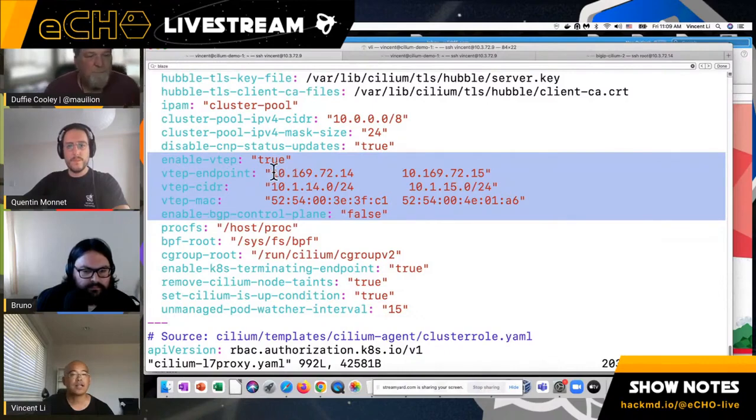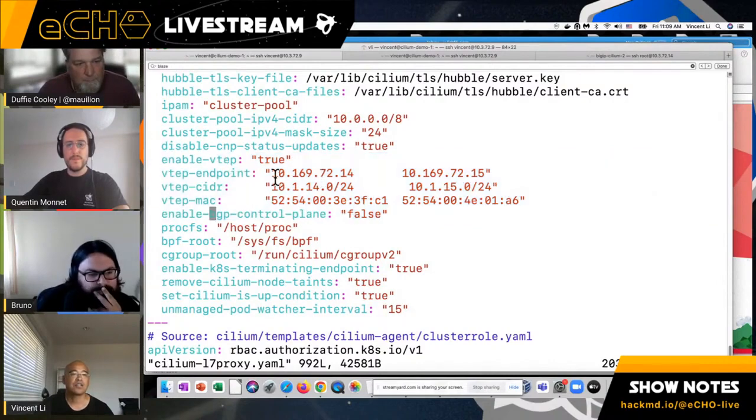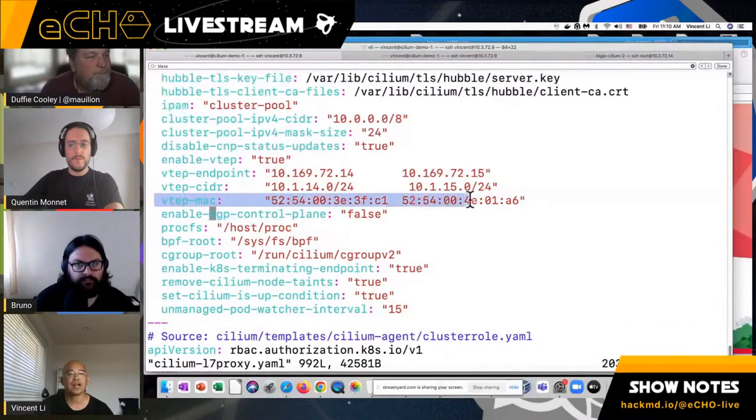In this case, it's the BIG-IP endpoint IP, and you can configure a maximum of 8. I configured 2 here, and the VTEP CIDR is for the tunnel subnet on the VTEP endpoint on the BIG-IP, and the VTEP MAC is the tunnel interface MAC address on the